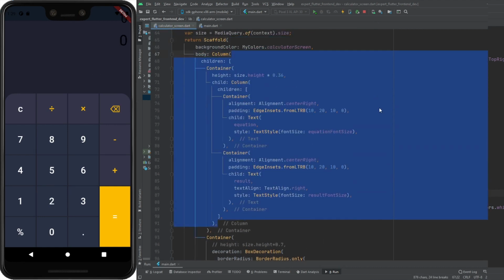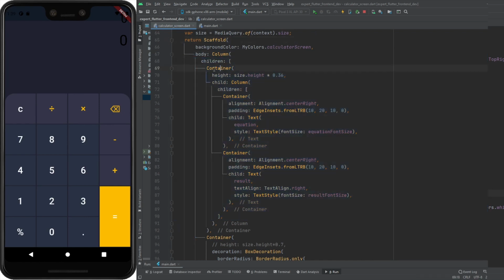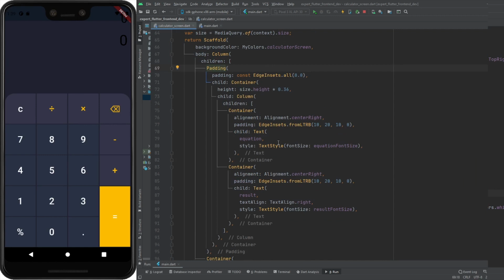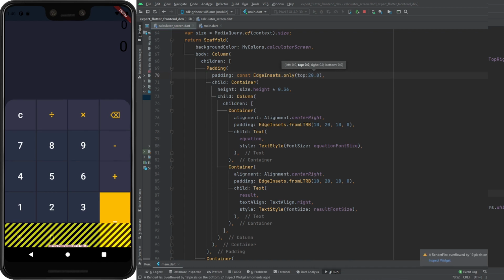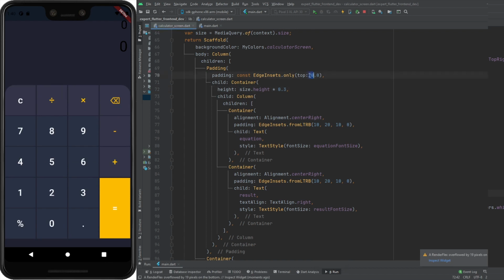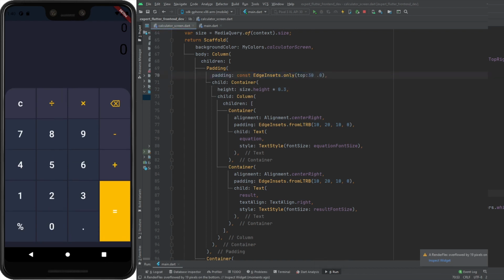We need to change the color value of both the container text. We also set some top padding, so we set the top padding here to 40.